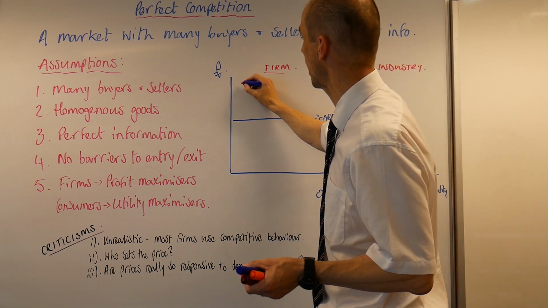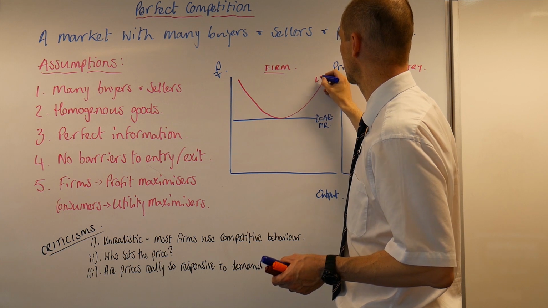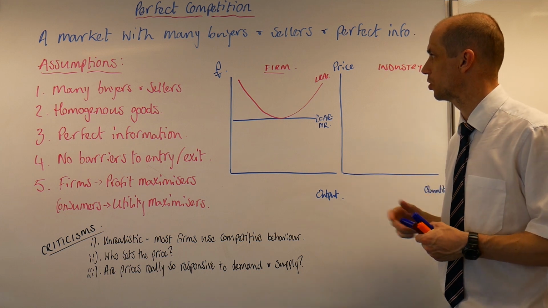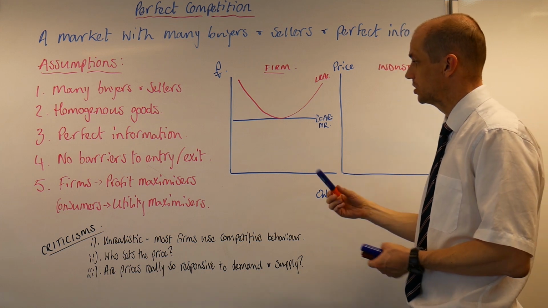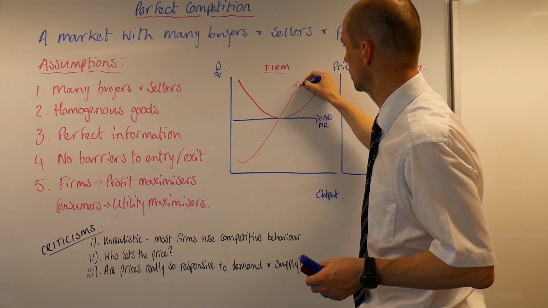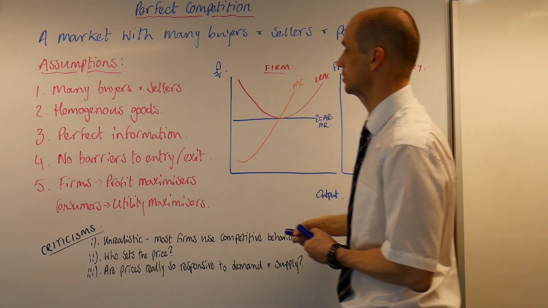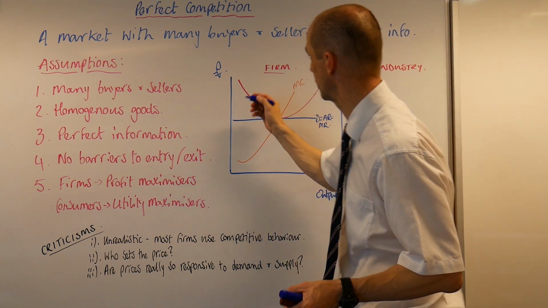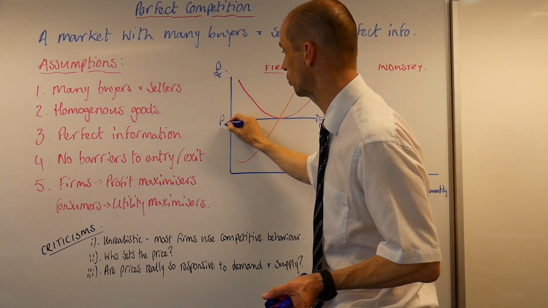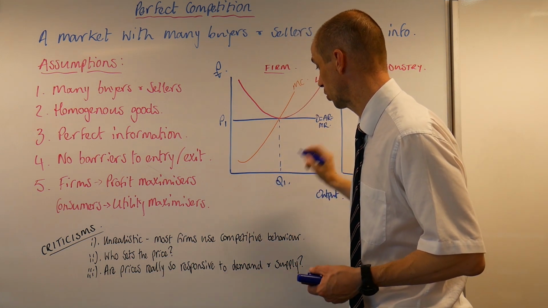Now, of course, we have the conventional U-shaped average cost curve, and let's just put in our long run average cost curve there and label that through. So there's our long run average cost curve. In addition to this, we will have our marginal cost curve, and we can put that in like so. So let's label up our axes, make sure this is looking tip top, and then we'll look at the industry as a whole. So we've got our price point here. Let's just put down P1, and meanwhile we can see that we've got Q1.